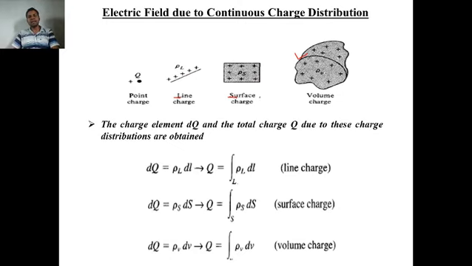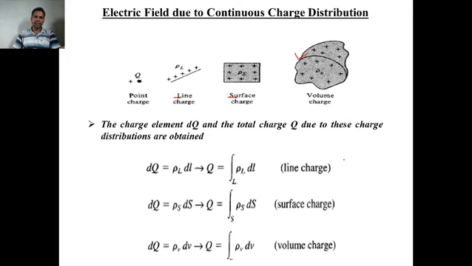Surface charge can be of this shape, perpendicular means rectangular shape, it can be a square shape, it can be finite size or it can be of infinite size. This volume charge distribution can be of cubic shape, that means charge is distributed inside the volume. It can be a sphere, sphere is also a volume, inside sphere there is a volume. So, spherical volume can be there, cubic volume can be there, or it can be any other volume.